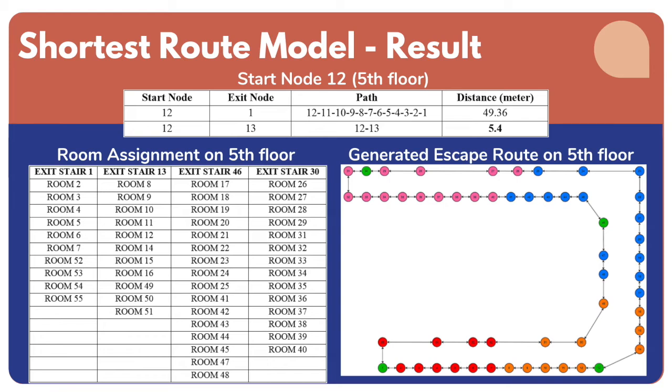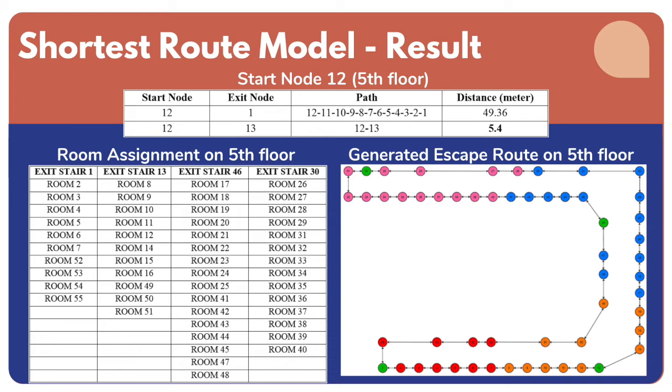Table 1 shows that the shortest path is 12 to 13 with a distance of 5.4 meters. Thus, people who occupy room 12 should utilize exit stair 13 to exit the building as soon as an emergency occurs. So after applying the same process for all the start nodes on the 5th floor, rooms will be assigned to their respective exit stair, and this shows that the most utilized exit stair on the 5th floor is exit stair